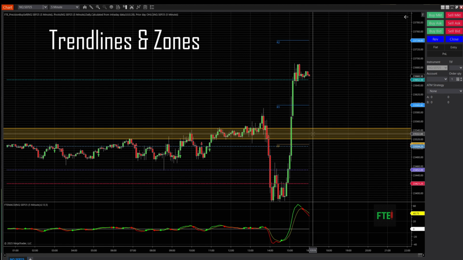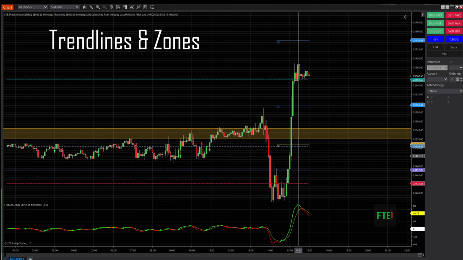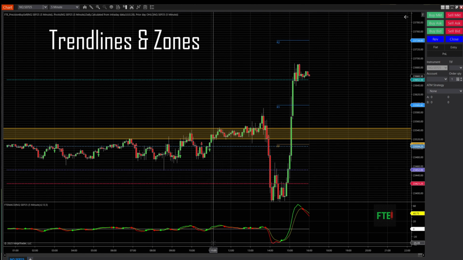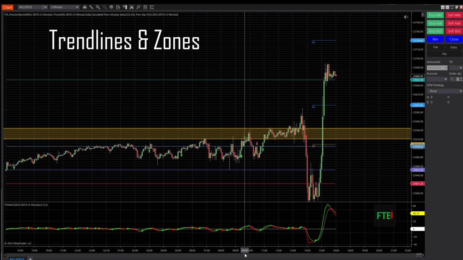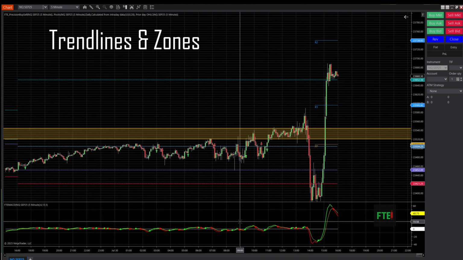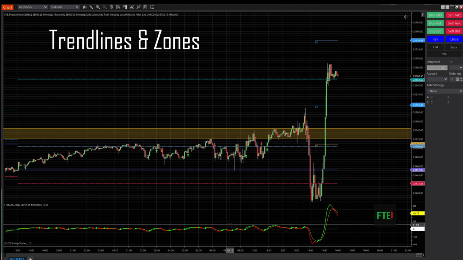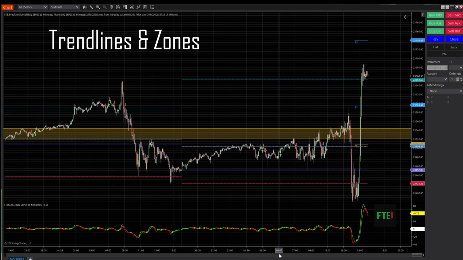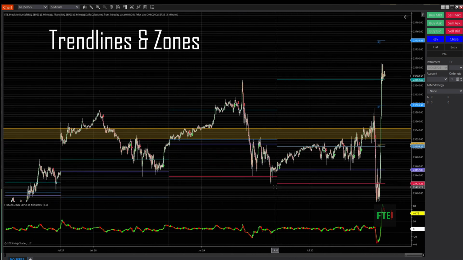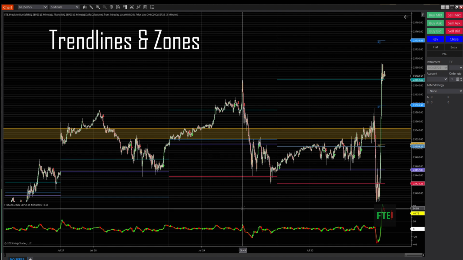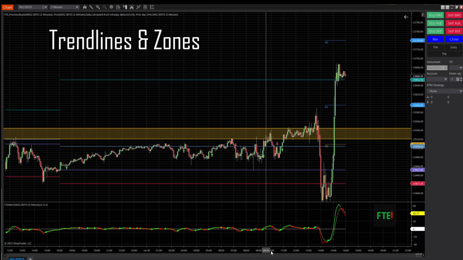I don't use VWAP on these charts, but I would be comfortable putting in some orders here at that pivot point for a good bounce. I mean, after a 120 or 130 point drop, you could usually look for a 30 point plus bounce, a lot of times much higher than 30 points when you're trading NQ. We got some other areas of confluence of price here. I'm not going to draw any boxes back in there just yet,